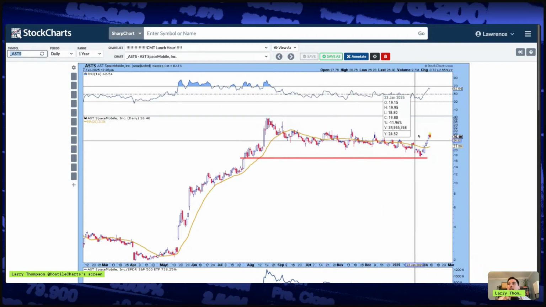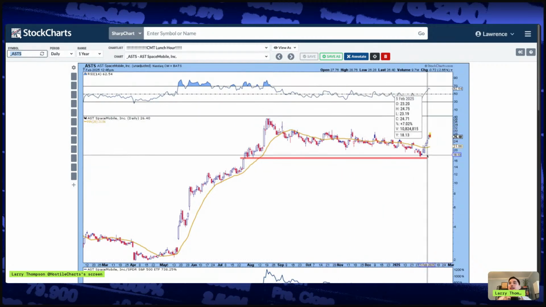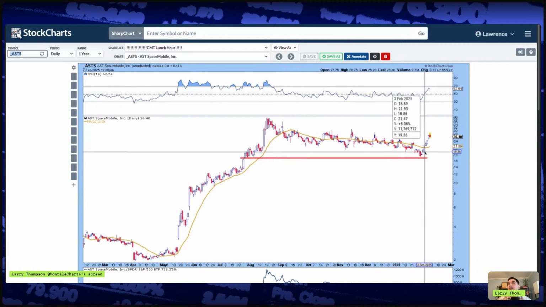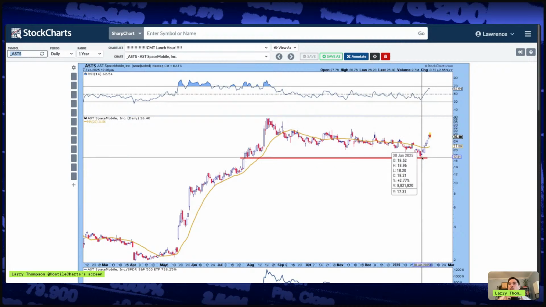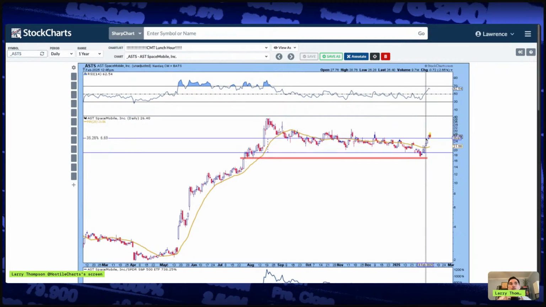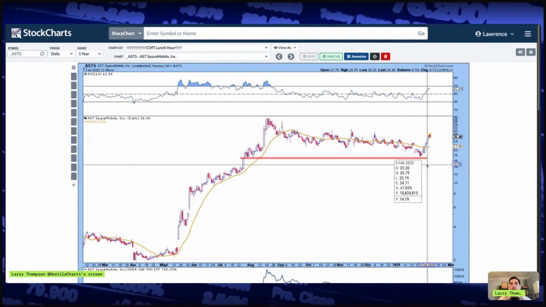We outlined this trade last week. Someone sent it in as a chart request. And I said, you know what? This level here, down here, is where you want to manage risk against this 20, but I liked it long, right? As long as we stayed above here. And look what we did this week. 30, 40% in this name. So, hey, chat, that's a big move.